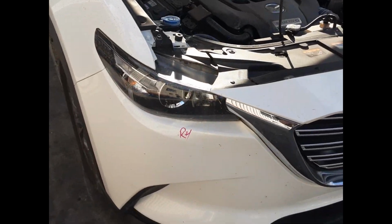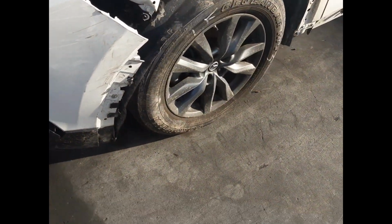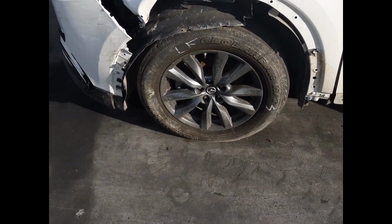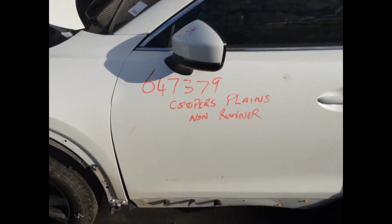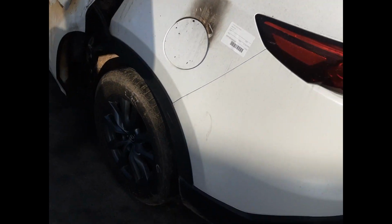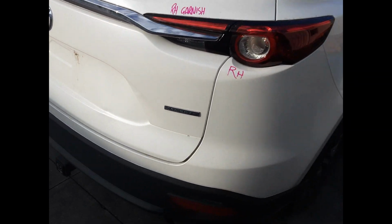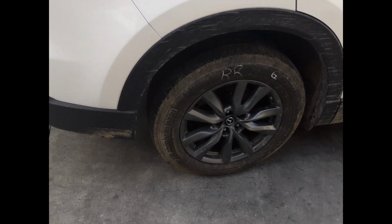We have the right-hand headlight. Left front 18-inch factory alloy mag with a good tyre. Left power door mirror. Left rear 18-inch factory alloy mag with a good tyre. Left hand tail light, left tailgate garnish, right tailgate garnish, right hand tail light, right rear 18-inch factory alloy mag